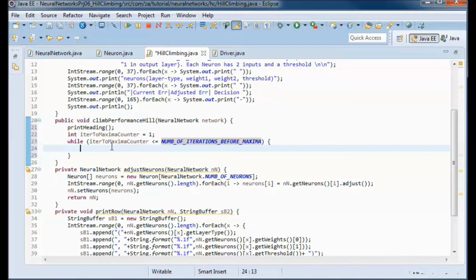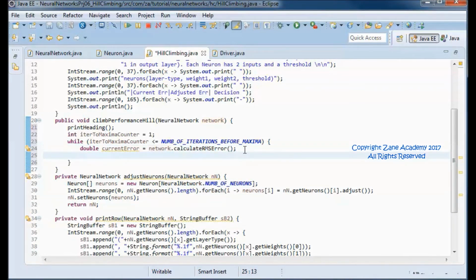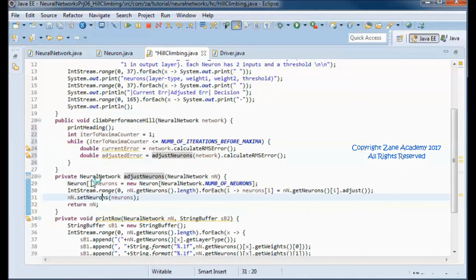And here we need to pick up the current error by calling the calculate RMS error on this neural network instance. And we also need to pick up the adjusted error by calling the adjust neurons method, this method, which will return a neural network, and then we call calculate RMS error on that neural network instance.